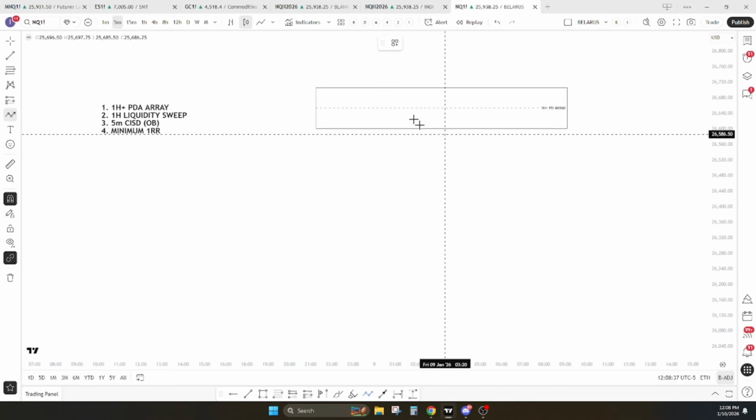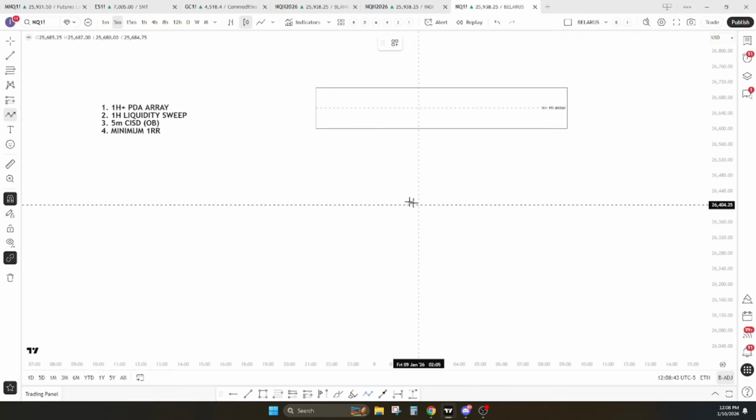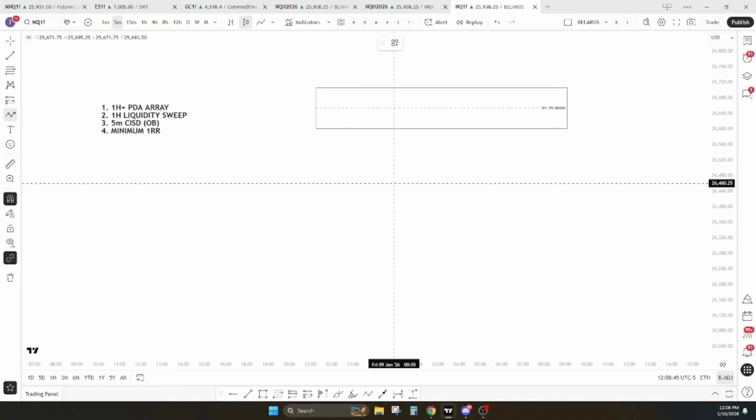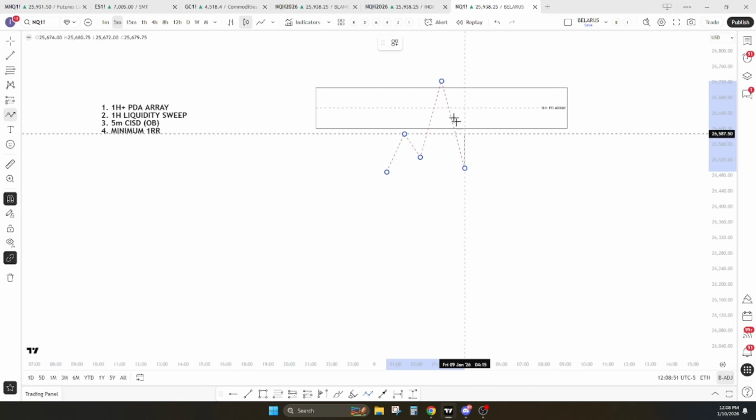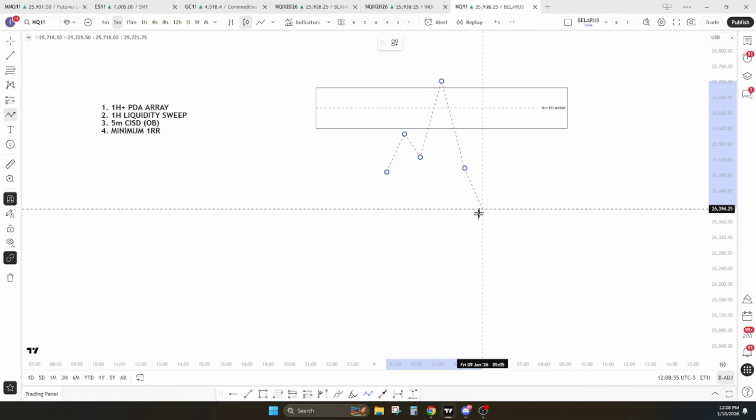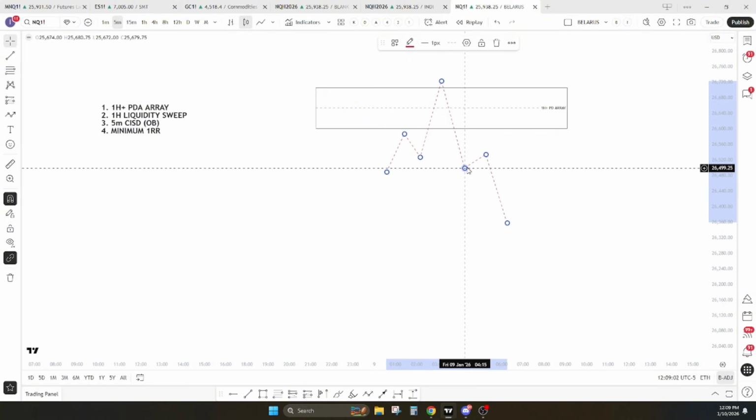Now, we wait for that 1 hour PD array, and 1 hour plus is not bullish, it's 1 hour or higher. And then we're waiting for a liquidity sweep of that PD array. So price trades up to it, it trades above it, and then trades below it, right? And then obviously, if this is a fair value gap, it can just trade into it. And then as price trades down, ideally what we want this to look like is